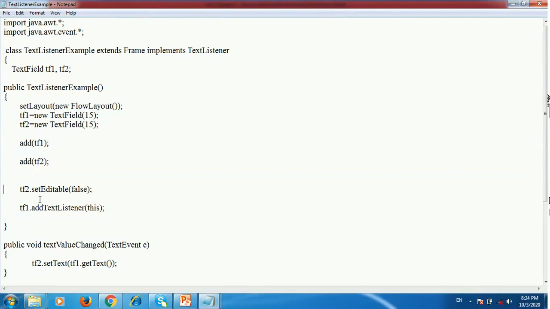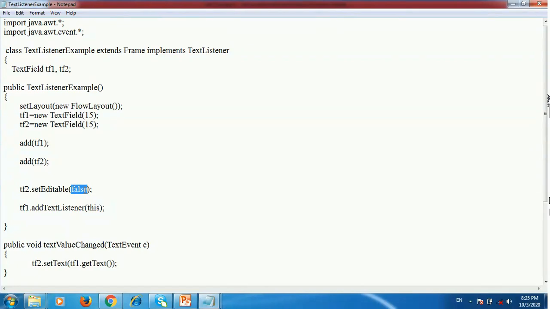Then here use the setEditable method. The setEditable method is used to provide authority to edit the text or not. Here we pass the value false, means text field 2 is not editable, because we pass the value false.